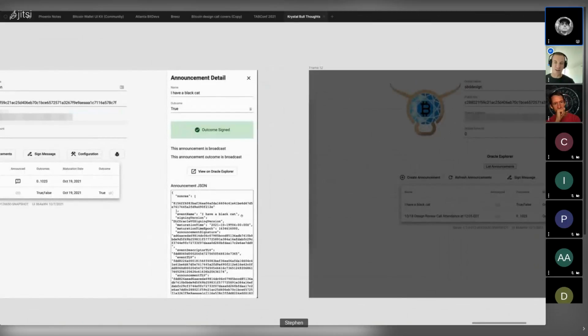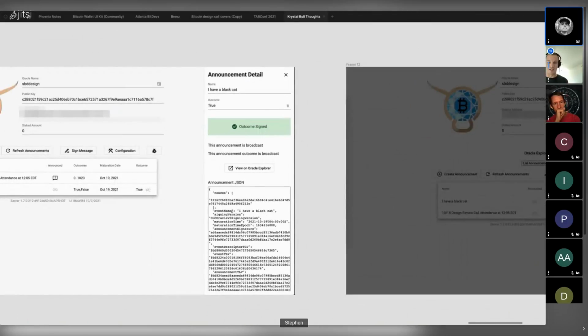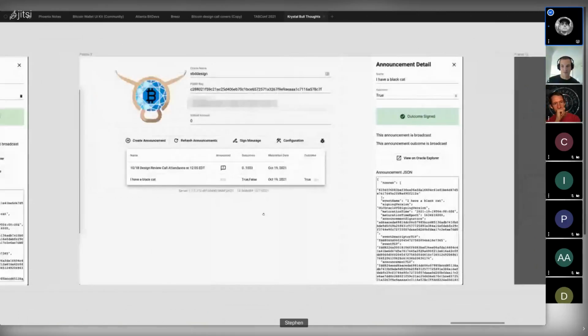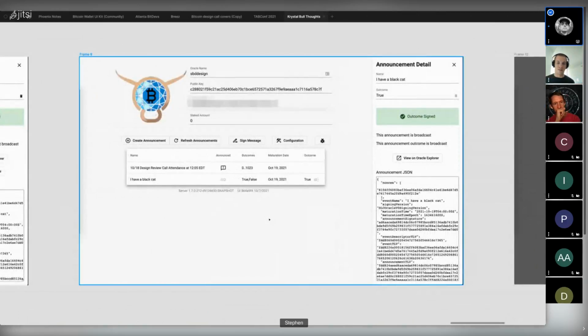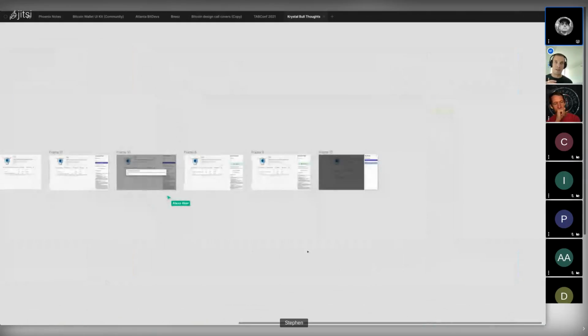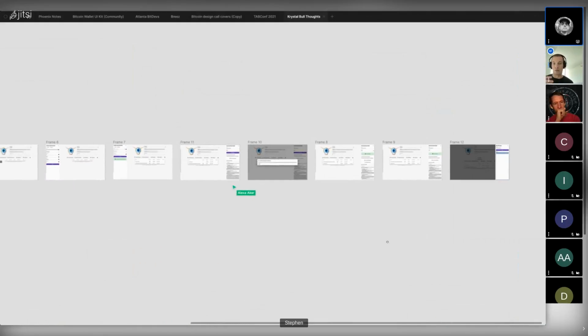But we're trying to at least keep some sort of division there, but maybe it's too early to care. Yeah, that makes sense, and I see where you're coming from. You don't want people to feel locked into using my Oracle Explorer. Yeah, and just real quick, I think of an Oracle Explorer like I do block